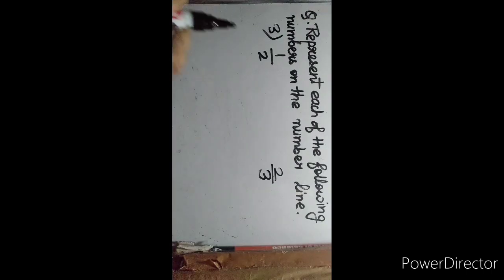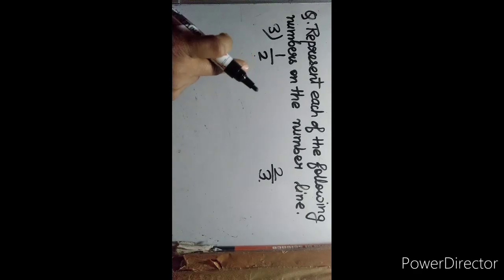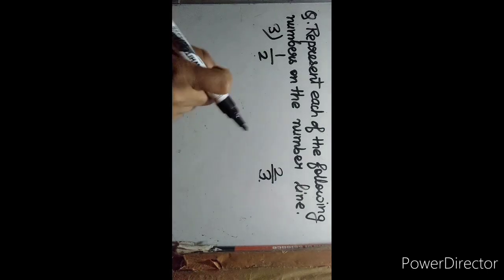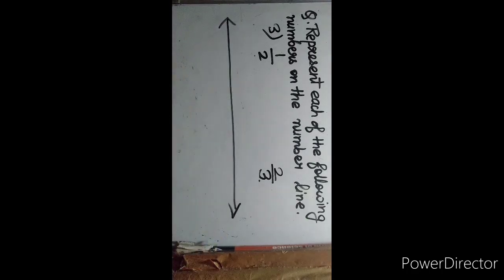In the next part, we have to represent a rational number on the number line. We already know how to represent integers on a number line. Integers means 1, 2, 3, 0 or -1, -2, -3. But now we have to represent rational numbers on the number line. So how to represent rational numbers on the number line? Look here nicely. Firstly, we have to draw a line, mark a point and plot 0.